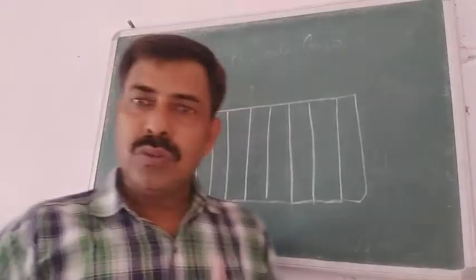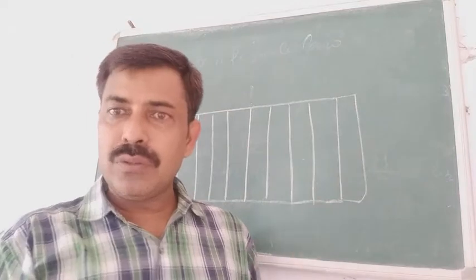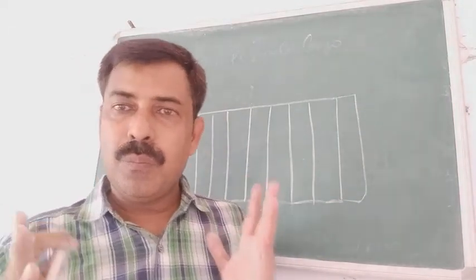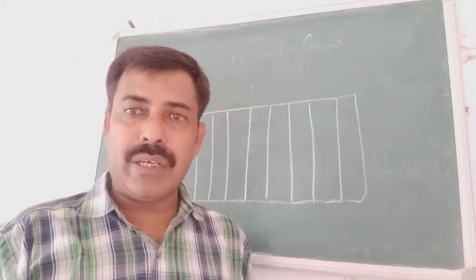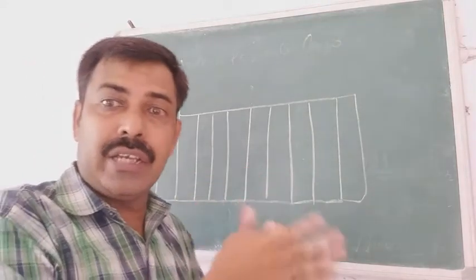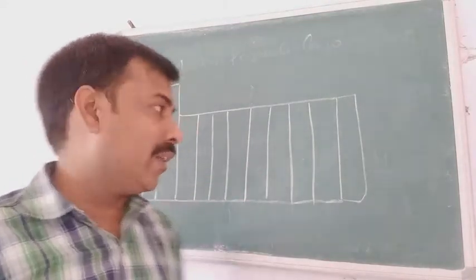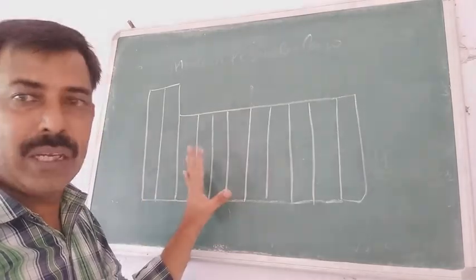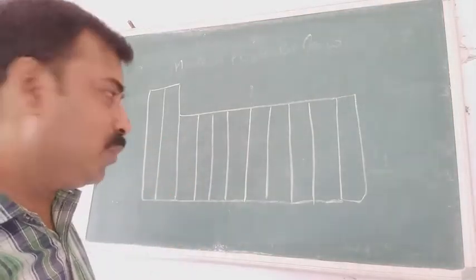Then the periodic law. The persons who were generating the periodic table said that the blocks will be arranged according to their metallic character. That means from left to right they will be in descending order of their metallic character. So this one has the strongest metallic character and this one has a weaker metallic character with respect to that of the S block.